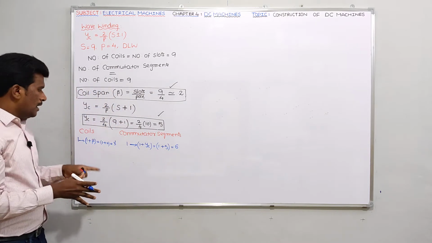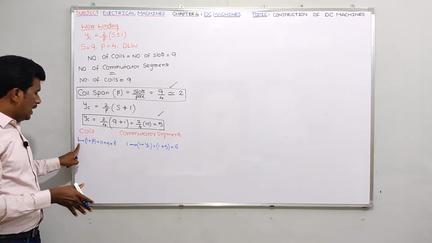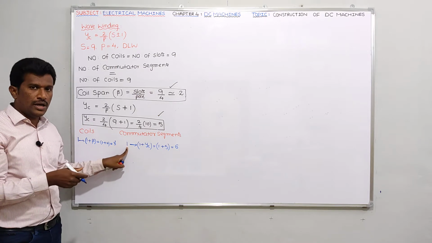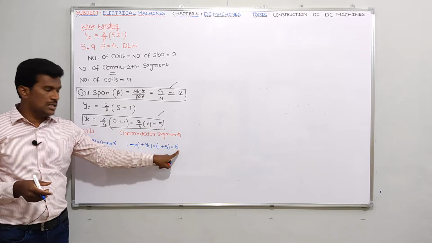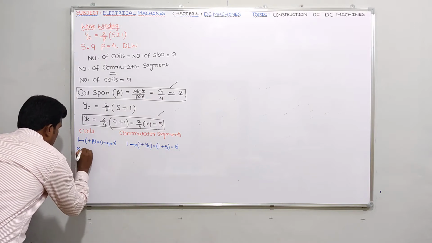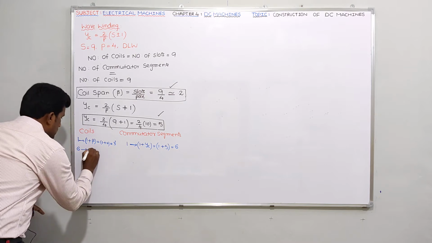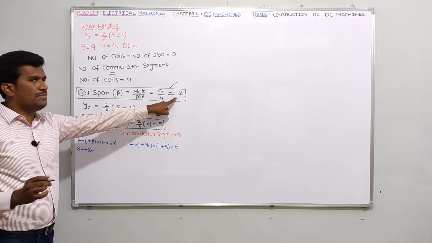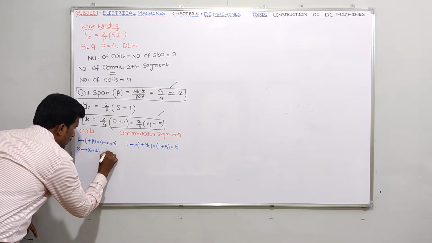What is the meaning here? If you take the 1 to 3 dash coil, one conductor is connected to segment number 1, whereas conductor number 3 dash is connected to segment number 6. Is it clear guys? Suppose in this segment 6, the 6th slot top conductor is connected, so from 6 to where will it go? Very simple, 6 to 6 plus beta. What is the value of beta? Once again, 6 plus the beta value, here 2. 6 plus 2, it will go to 8. Don't forget to write 8 dash.